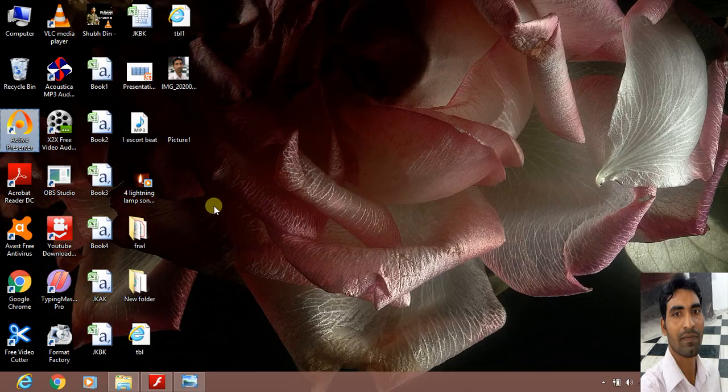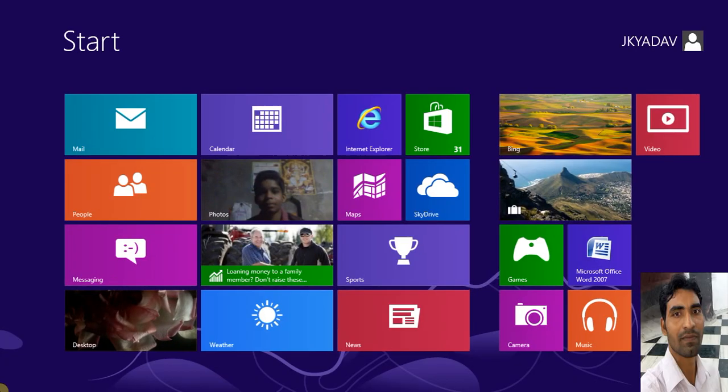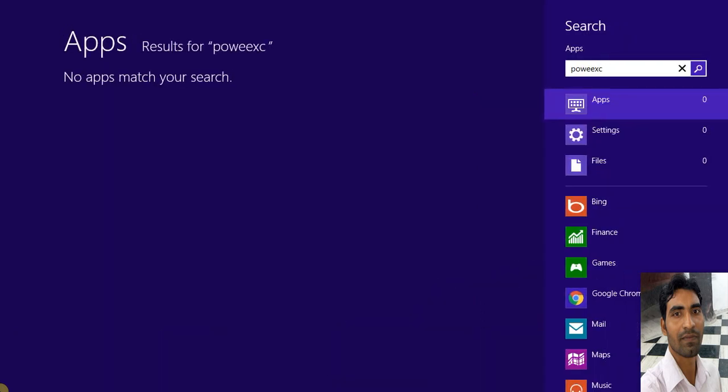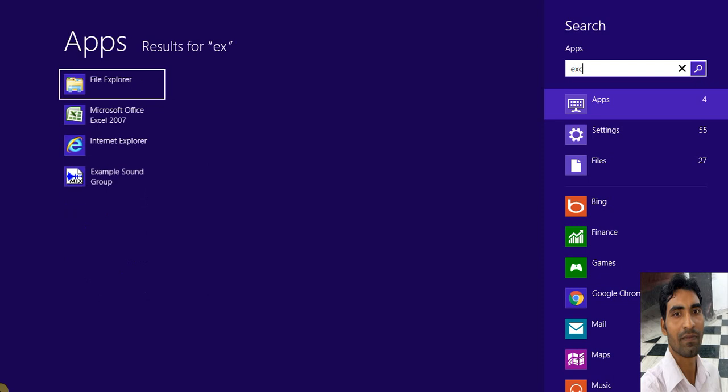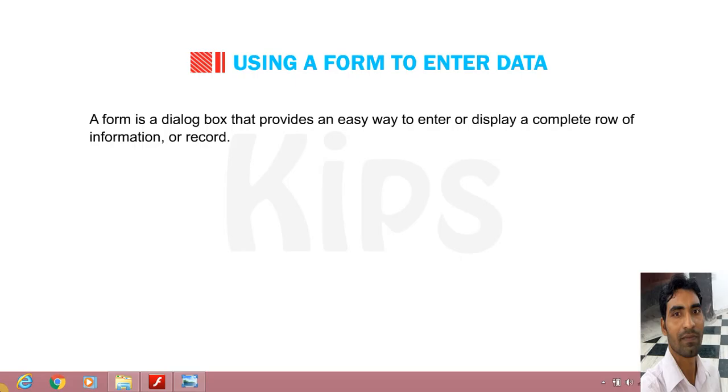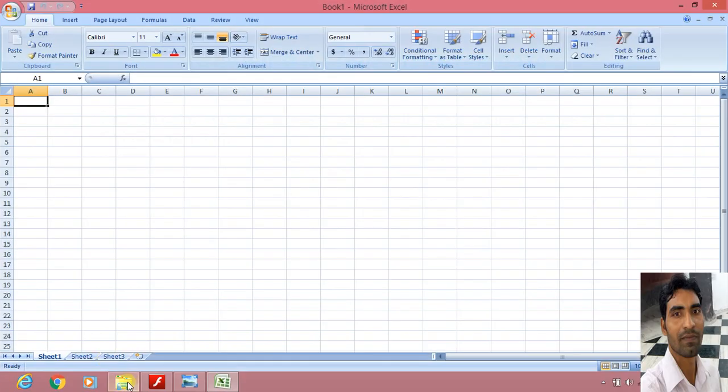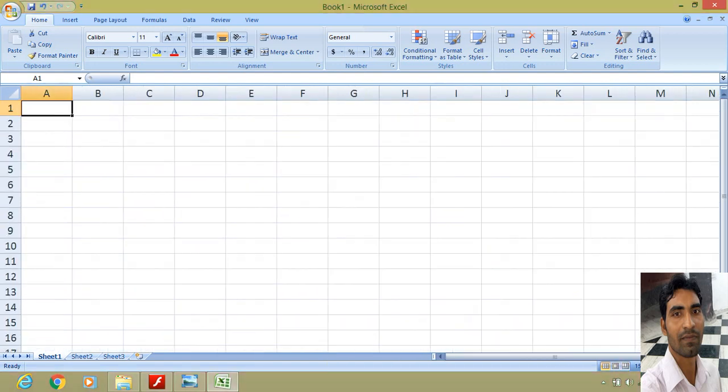Students, as you know, so far we were entering data in Excel in the form of rows and columns, but now you are going to study how to enter data in MS Excel with the help of forms. Like here rows or columns given.